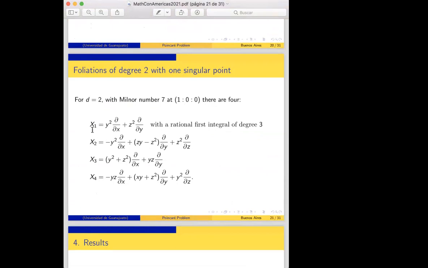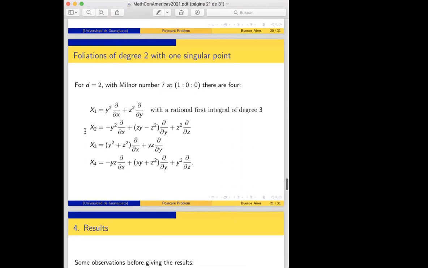The first one, x1, is a foliation with a rational first integral. The foliations x2, x3, and x4 don't have a rational first integral. And there are 4 foliations up to change of coordinates with a unique singular point. Well, now to give you the results in this context, we need to make some observations. The first one is that